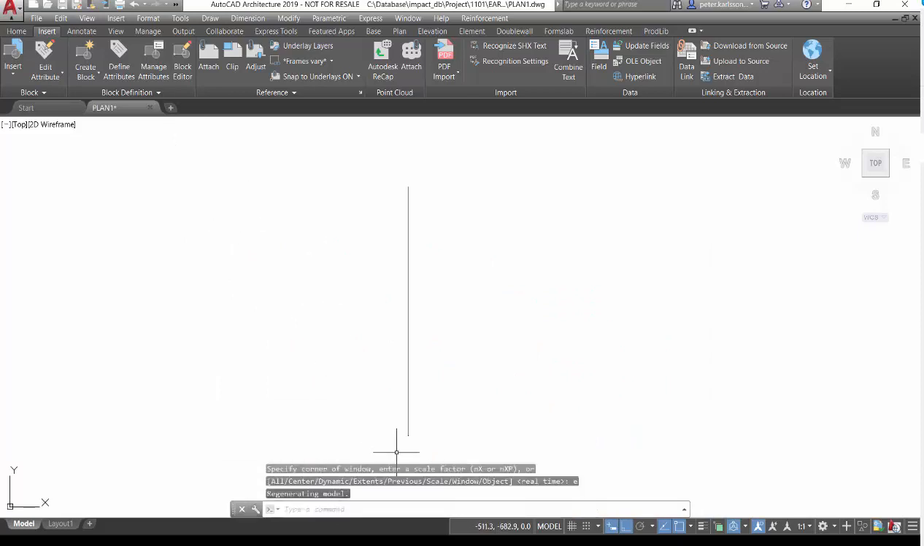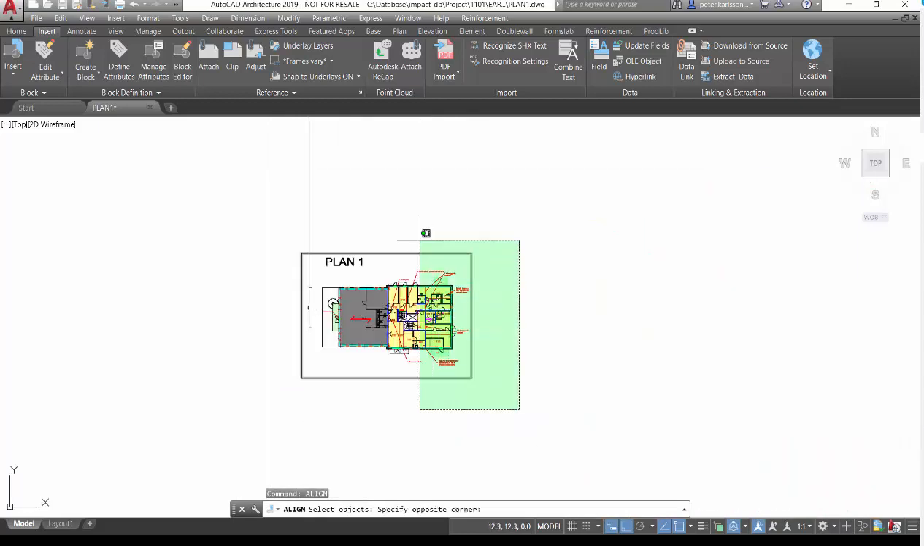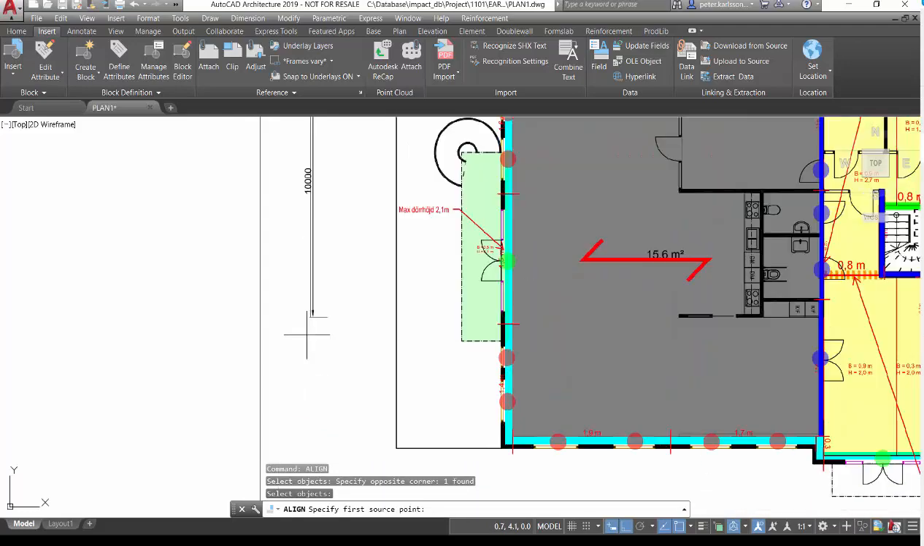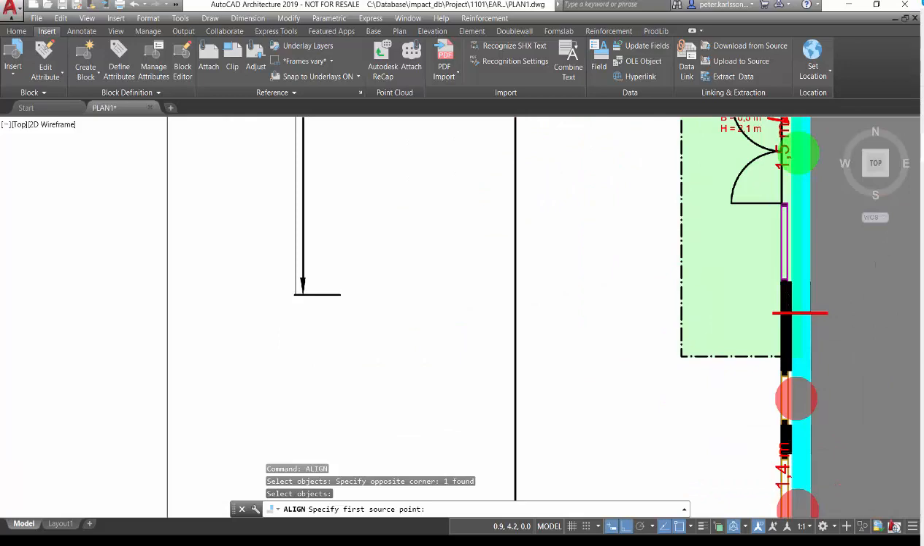And then we can of course see that if we take zoom extents, we are not in the correct scale with this PDF. So let's make that one then. There is a command called align that we can use. And we select object, which is of course the PDF. And source point is the PDF. So I click the PDF